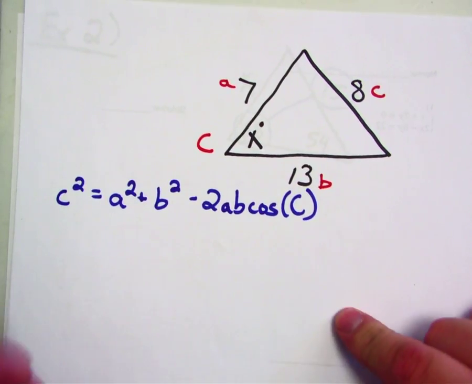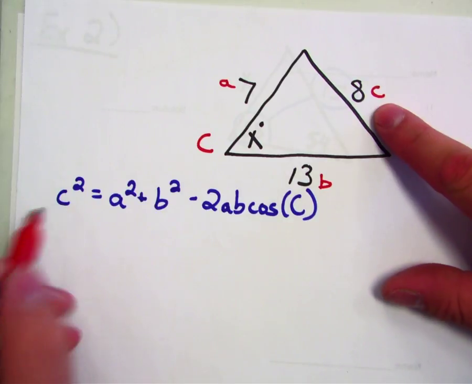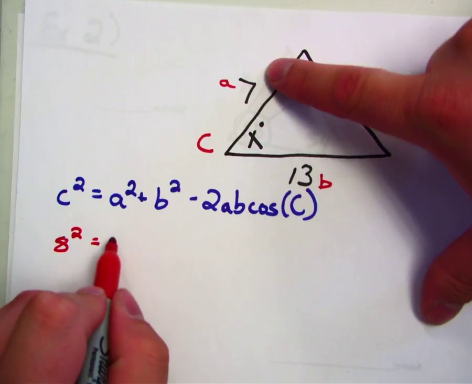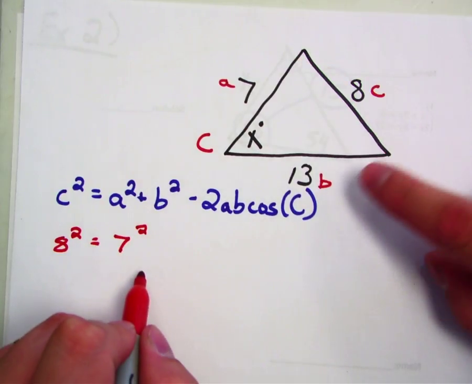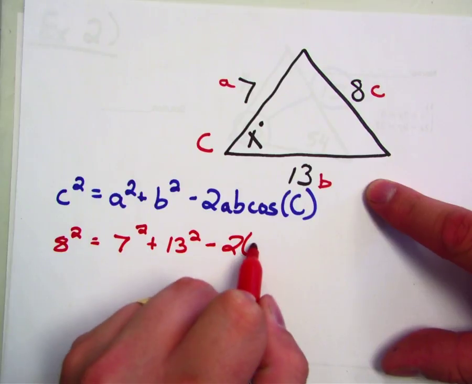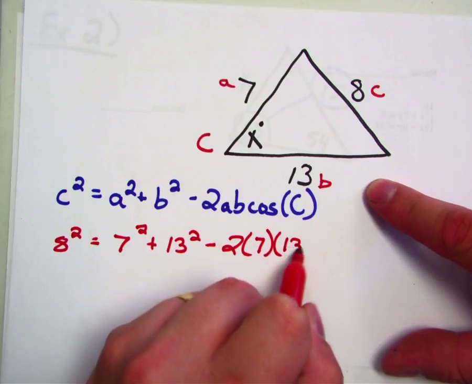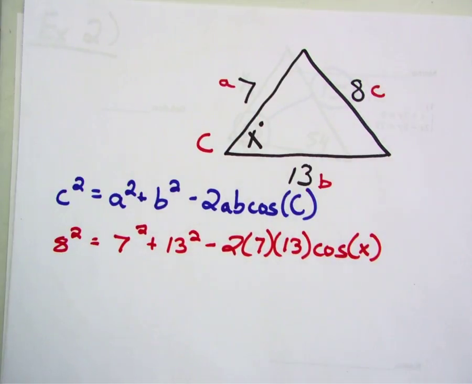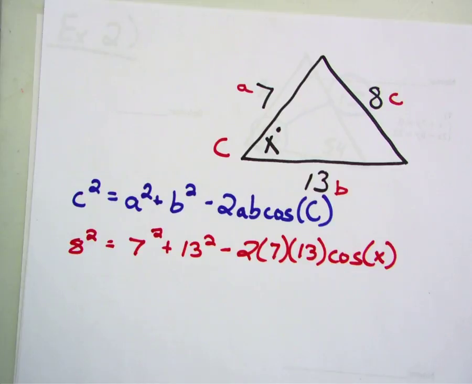So we go ahead and start plugging things in. Little c is your side, so that's going to be 8 squared equals a is 7, so 7 squared, plus 13 squared minus 2 times 7 times 13 times the cosine of x. We're plugging in x for the angle C. Now in this case, we don't know the angle, so we're going to have to use the inverse cosine to